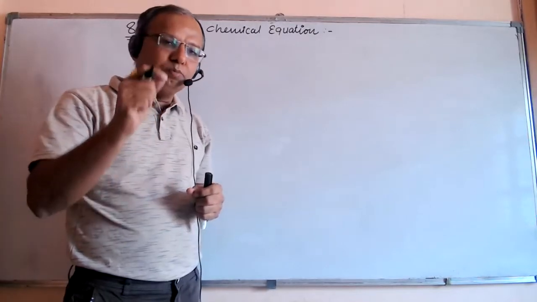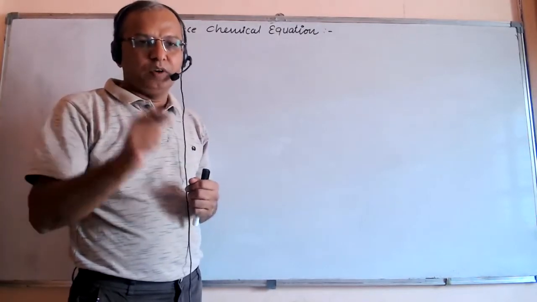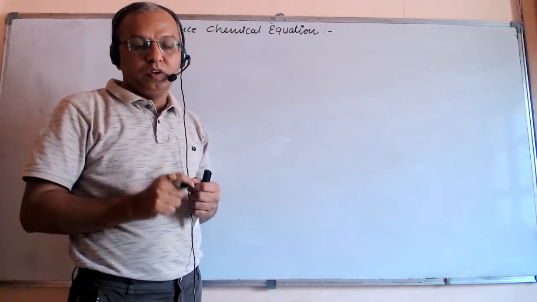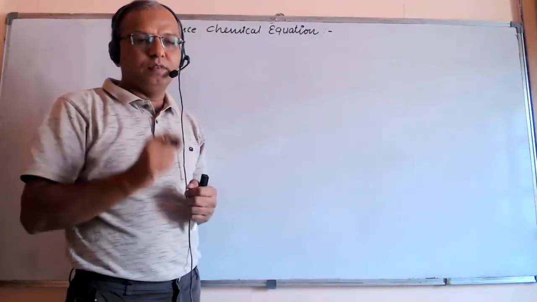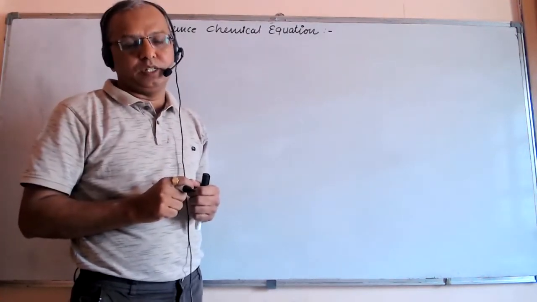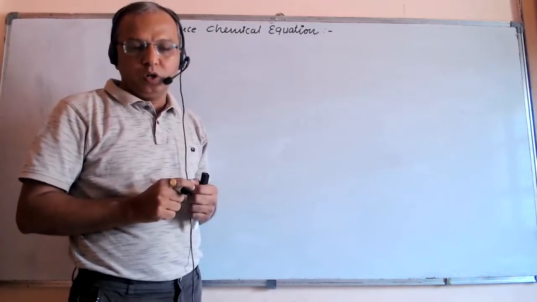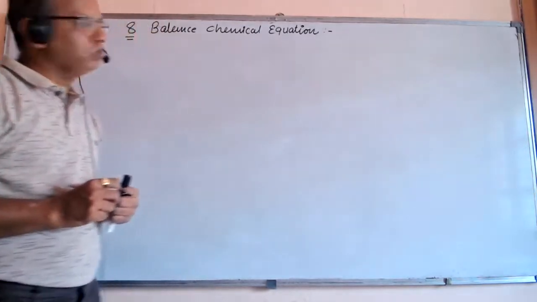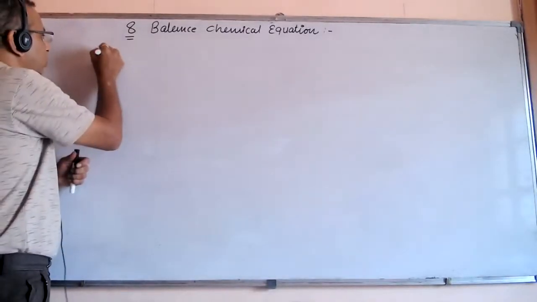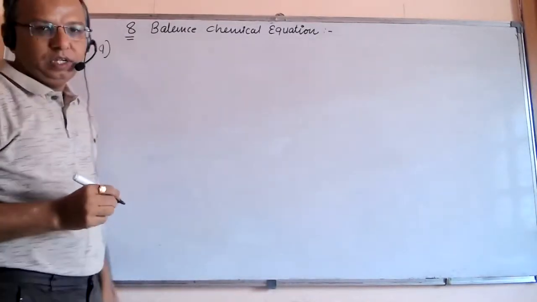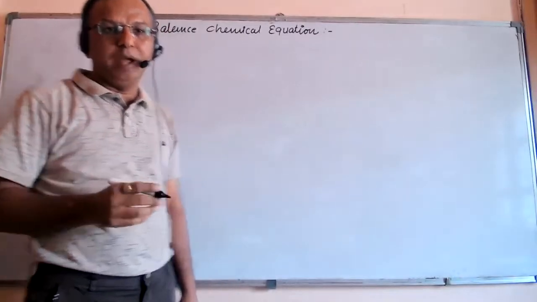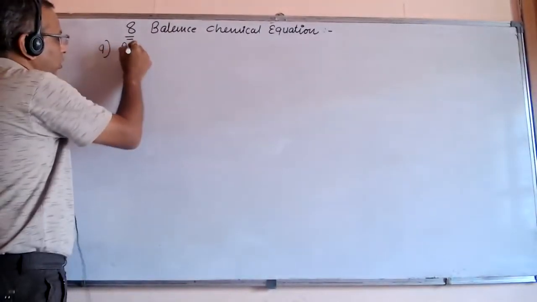Also, you have to balance them, friends, and for that you must know valences of some elements which you learnt in lower classes. So let's try to solve that. The first question given here is potassium bromide react with barium iodide.